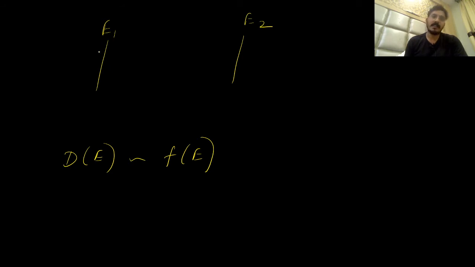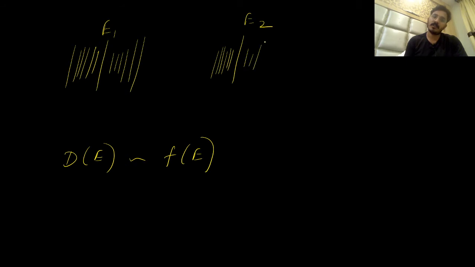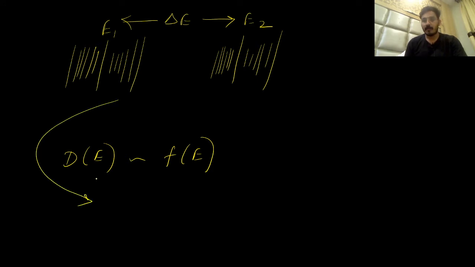Okay, so let's say at E1 density of state is high, and E2 density of states is less. Okay, so if we know the density of states of the system, then we can definitely know that how much is this band gap between these energy state is. So from this we can, this is the use of density of states, we can know the spacing